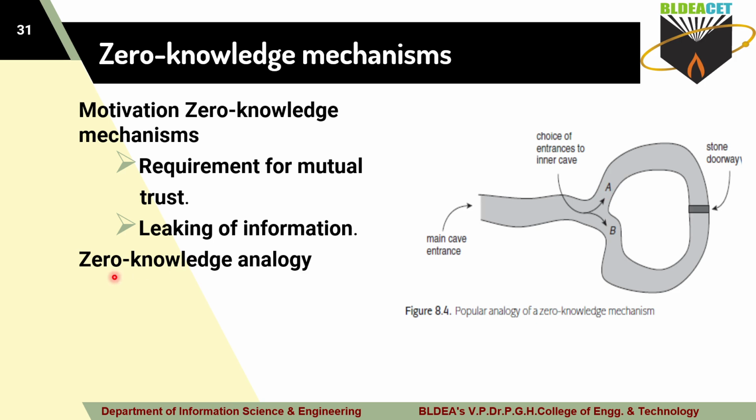Okay, so this is the zero knowledge analogy here. The zero knowledge mechanism is very simple. What is the procedure you follow? Here you are using the prover and verifier. Once it is verified, only then are you allowed to move to the next level. In the next level, once again you have to prove your identification by using some complex methods.